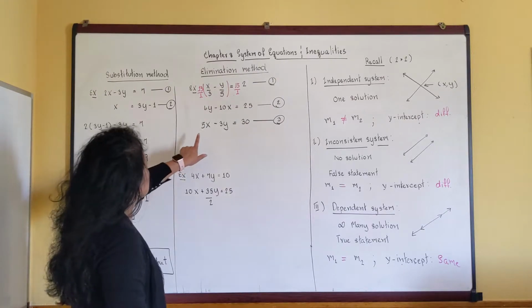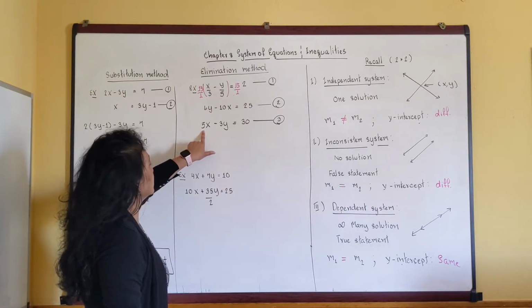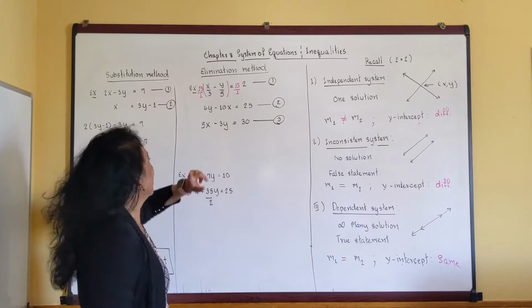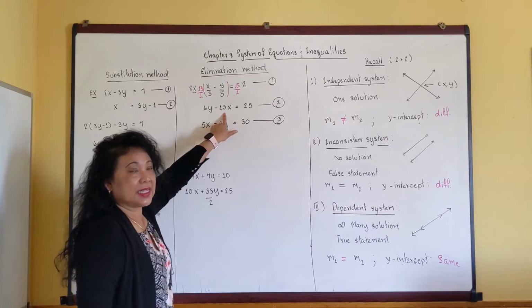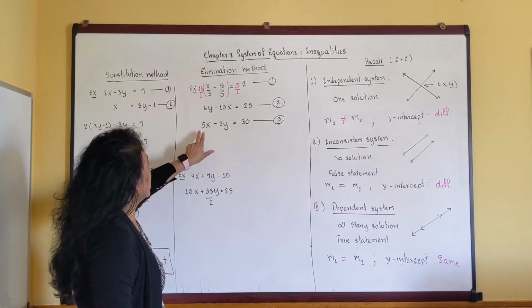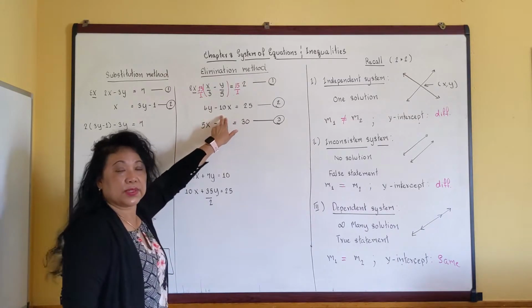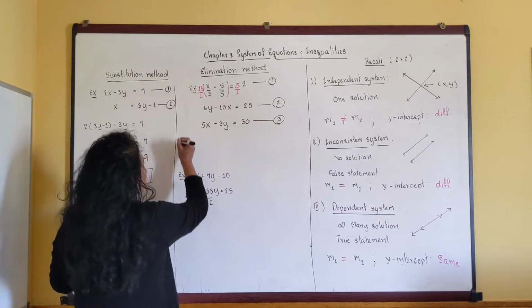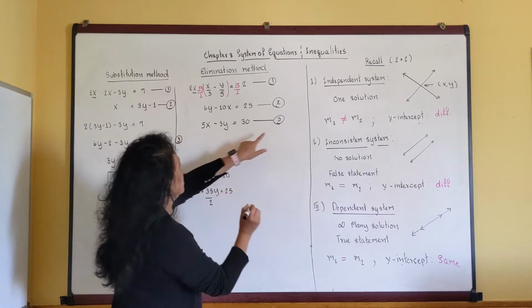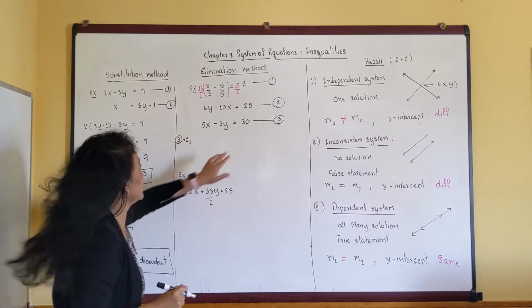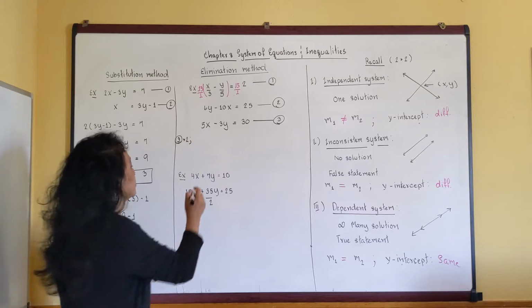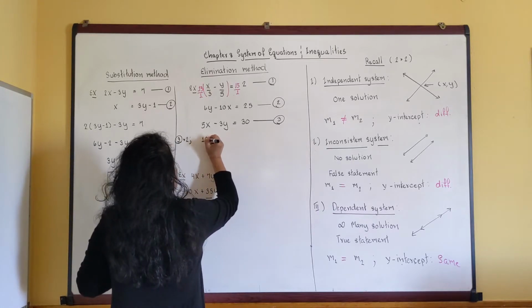I have 5x here. Let's say I want to eliminate x. I have 5x here, negative 10x here. So if I have 10x here, the x will disappear. So what I'm going to do, I'm going to multiply the third equation by 2. Right? I'm going to multiply this equation by 2. So I end up with 10x